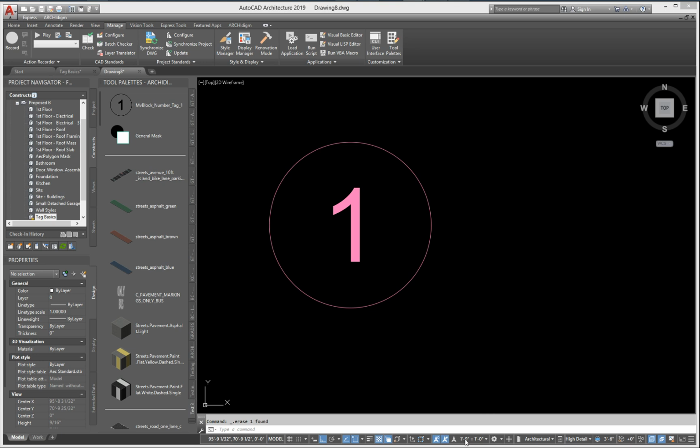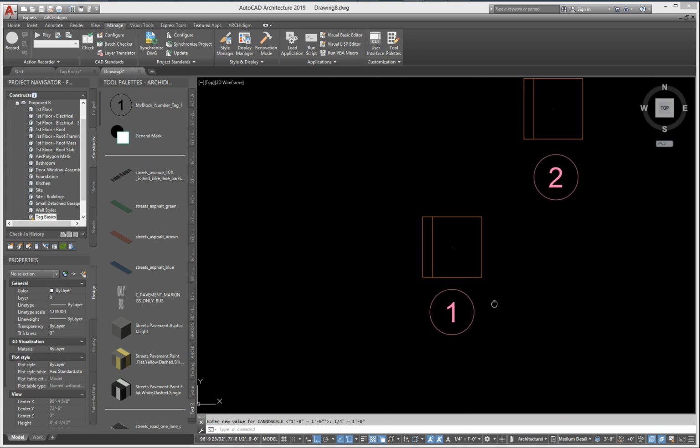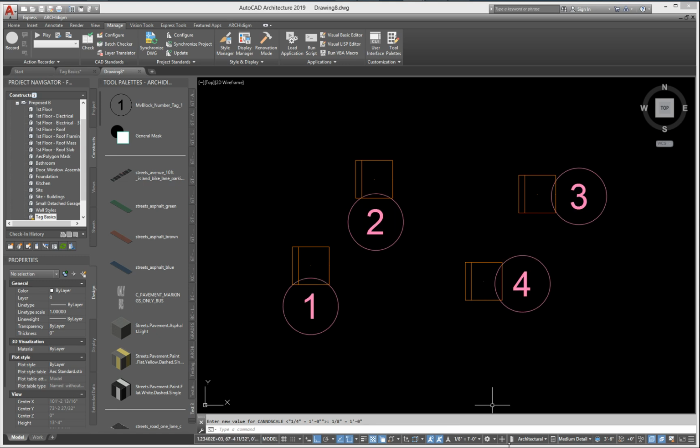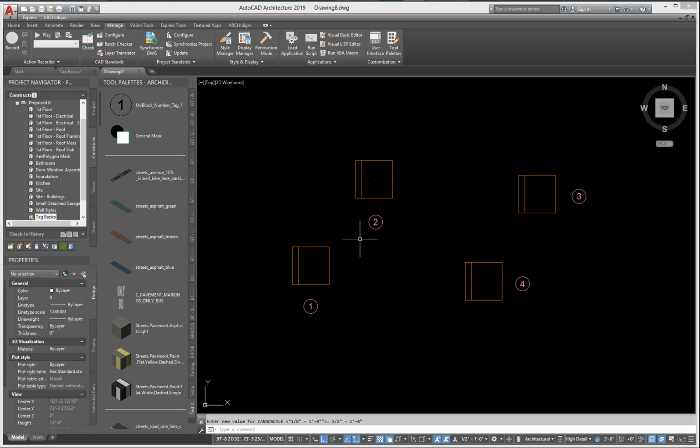If I jump back to, let's go to 1/4. Okay, so that has annotatively scaled that up. If I go to 1/8, it should get even bigger, and if I go to 1/2, perfect. Okay, so the final thing you'll probably would like to do is put this type of information into some sort